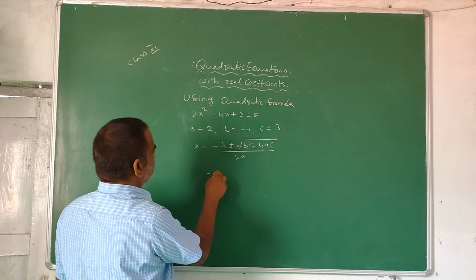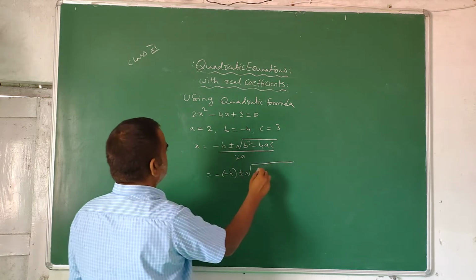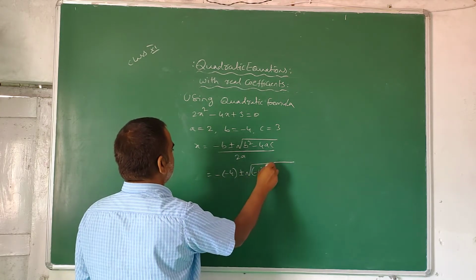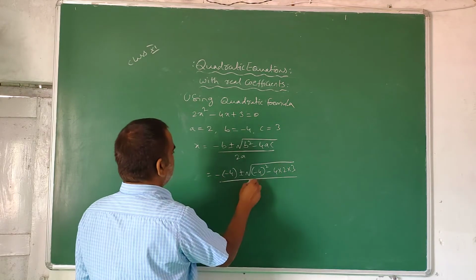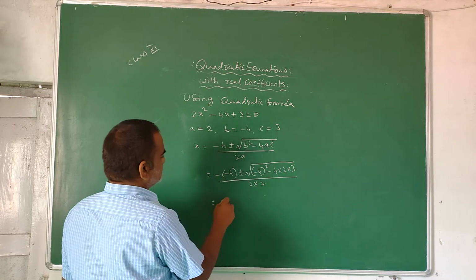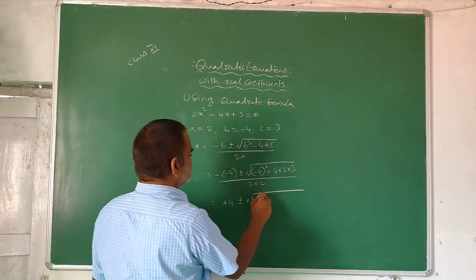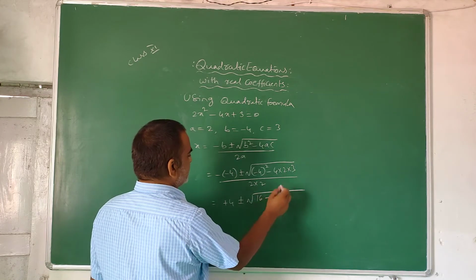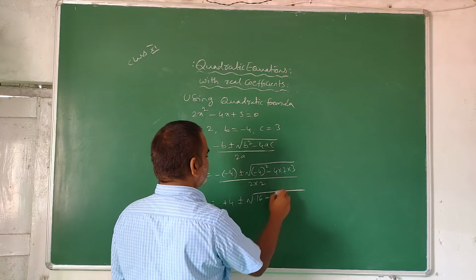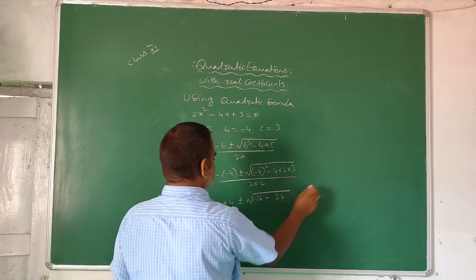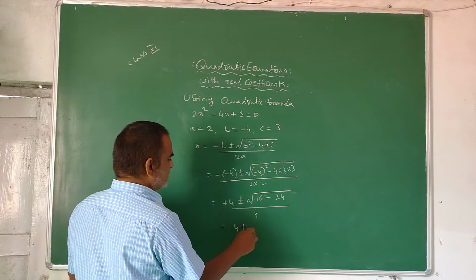So now you substitute: minus of minus 4 plus or minus root over minus 4 whole square minus 4 into 2 into 3, by 2 into 2. So 4 plus or minus root of 16 minus 4 into 2 into 3, 2 3s are 6, 4 6s are 24, by 2 2s are 4. So 4 plus or minus root